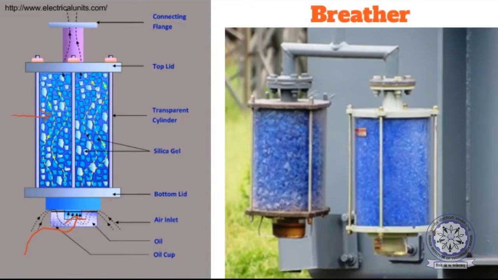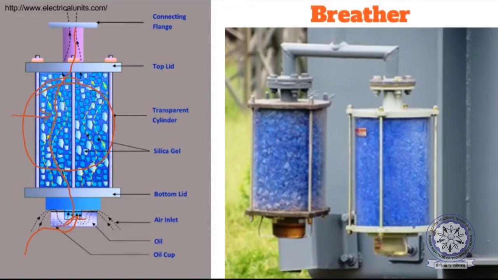Yeah, so you might have seen, whenever you purchase some new equipment or material, or whenever there is a possibility of moisture damaging it, especially in food items, you find a small bag containing stone-type structures. Those are nothing but silica gel crystals. So here you can see the silica gel crystals. Whenever air enters through them on the way to the transformer, these silica gel crystals will absorb the moisture.